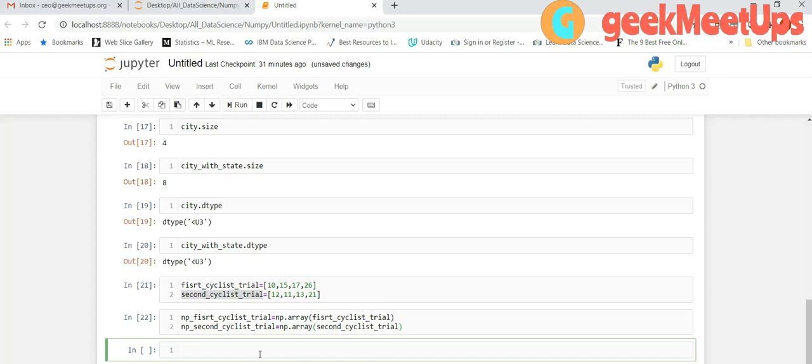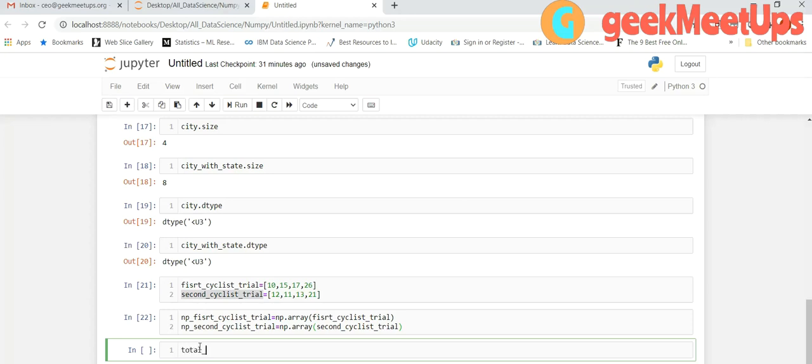created. So if I want to calculate the total distance, total distance means the distance covered in the first trial plus the distance covered in the second trial, the sum of the two. So let me do this.